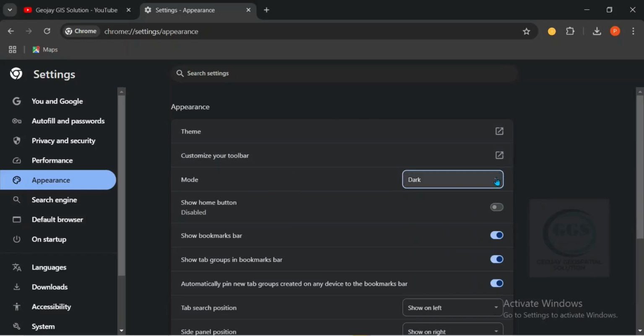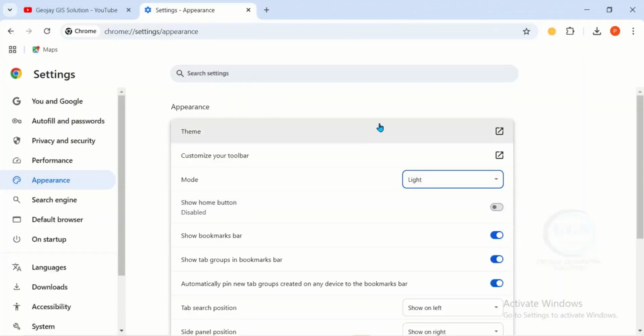And if you want light mode again, click on the drop down under mode and change it to light mode. That will change it. So as for me, I want it as light mode. But if you want to change it to dark mode, just click on this drop down and choose dark mode,